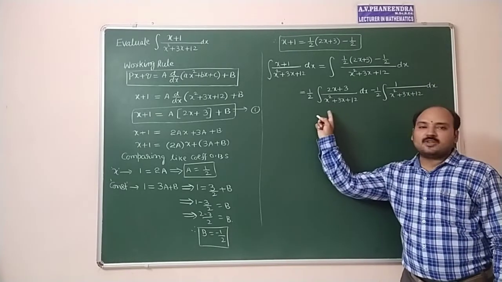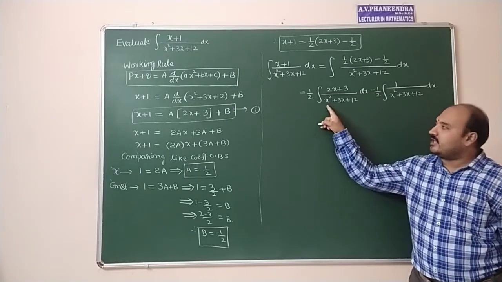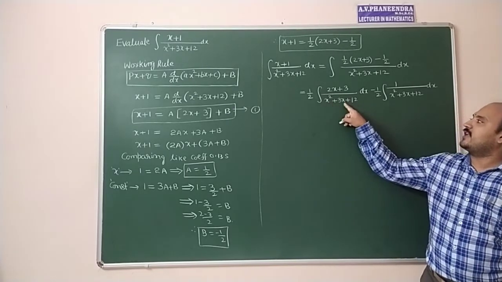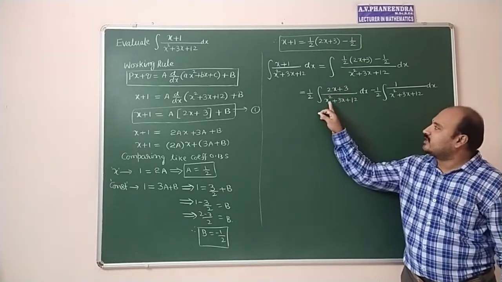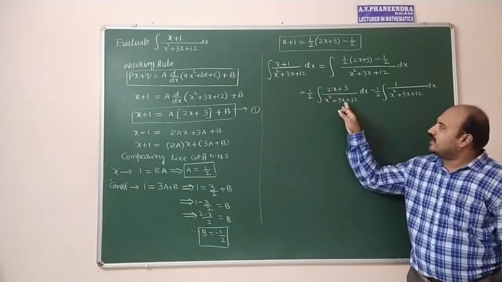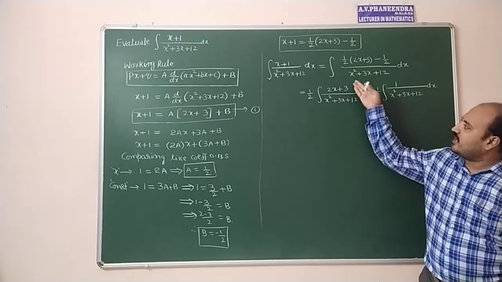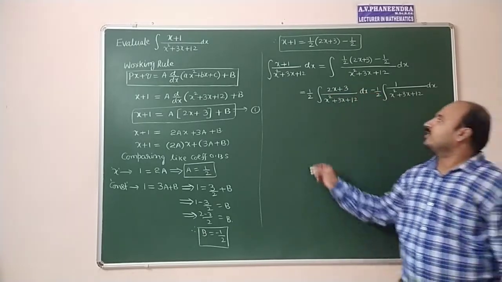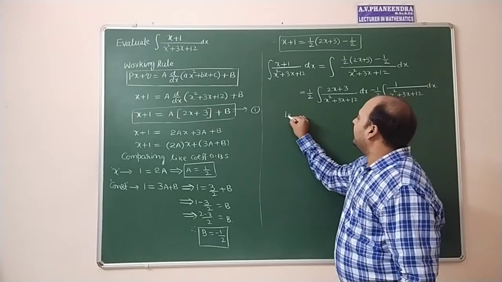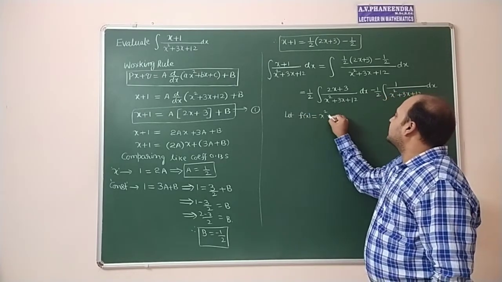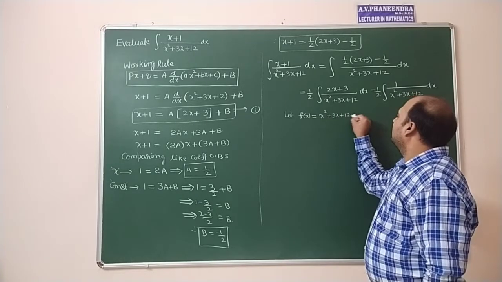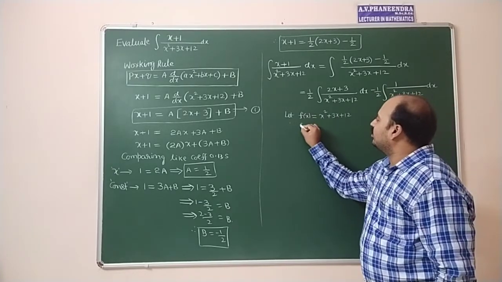Here, if you observe that first integral, assume that x square plus 3x plus 12 is f of x, whose derivative is there in the numerator. x square derivative is 2x, 3x derivative is 3. So f dash of x by f of x. Here we have to write it. Let f of x is equal to x square plus 3x plus 12. Then f dash of x is equal to